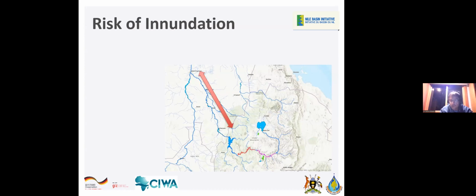It's about a 2 to 4 day travel time from the GERD to Khartoum. The time it would take for a flood to reach that, and obviously large populations would have to move if there was a flood risk. There's been a lot of analyses of flood inundation risks, and I won't get into all the differences between them, but it's something to consider. Not saying that there's massive safety issues with the dams, but it's important to understand that there's always a need to have